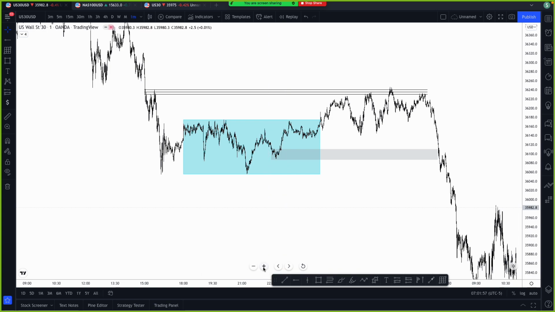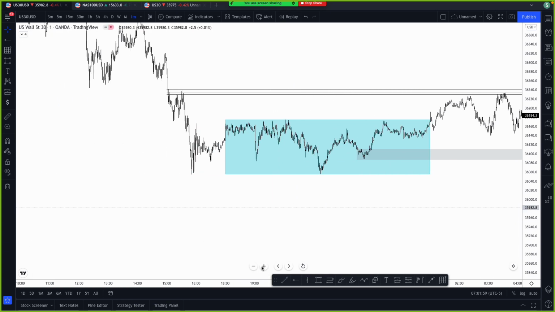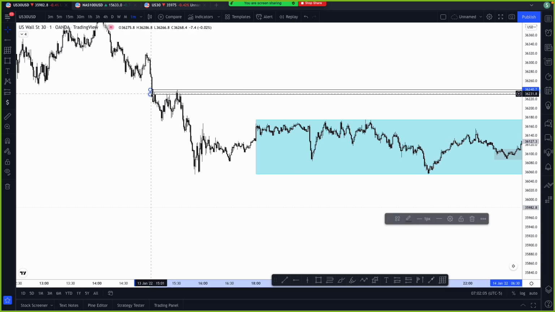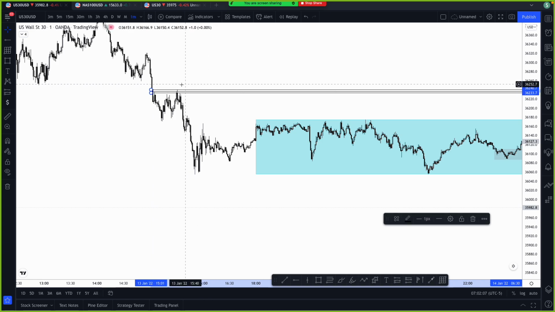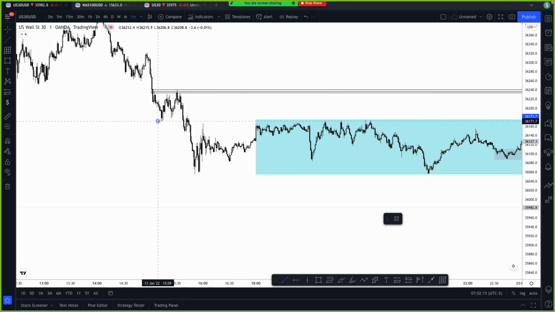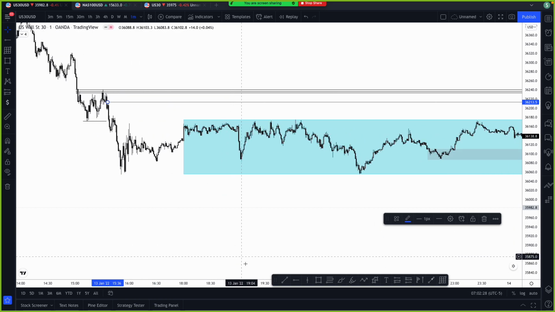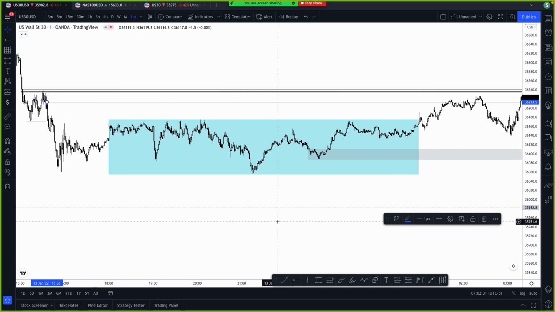Then I said, you know what, let me see what is going to happen. Then I see something like this. This is why you could see all my zone was on top. Then I ended up even reducing it up until the top like this. Then I said, you know what, this is going to be the area where I'm going to take the entry. And what I saw was, okay, this one was liquidity, let's say break of structure, market break of structure, and this block, I ended up considering it as liquidity, because it was too clean for me. You see all those kinds of stuff. This is why I did not look for the market to sell from there. I know the market could hold from this area, but I did not want to sell from there.